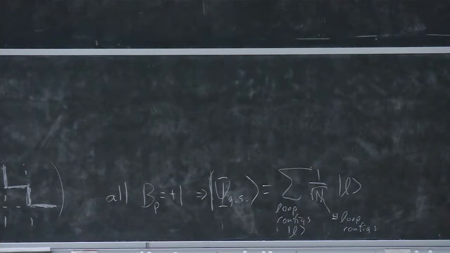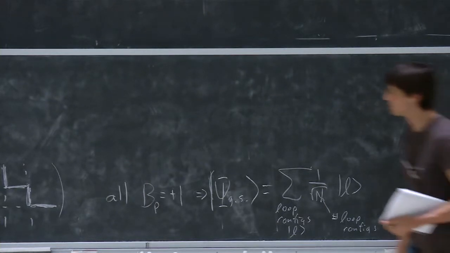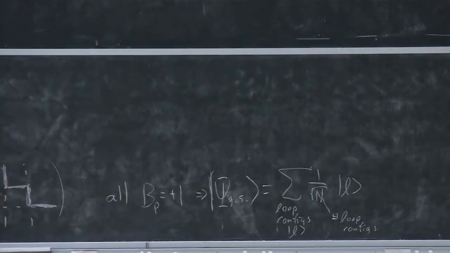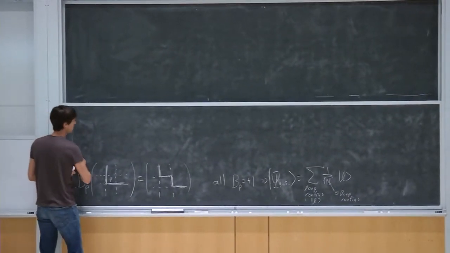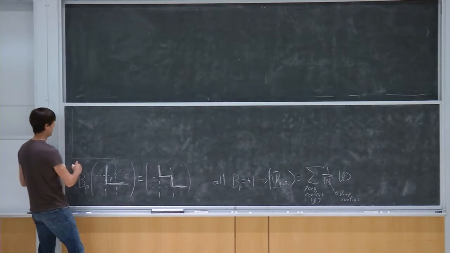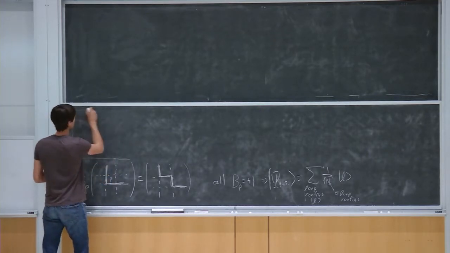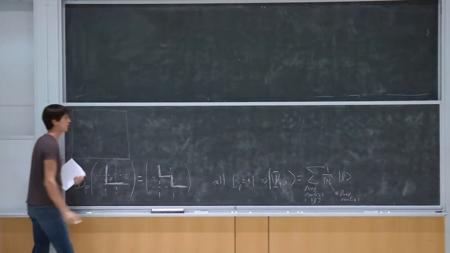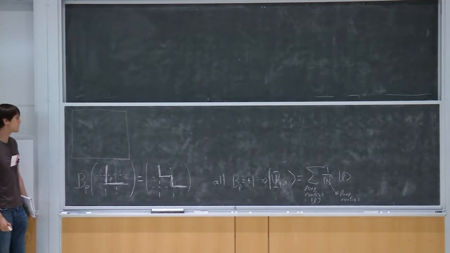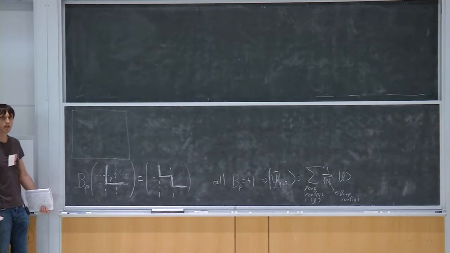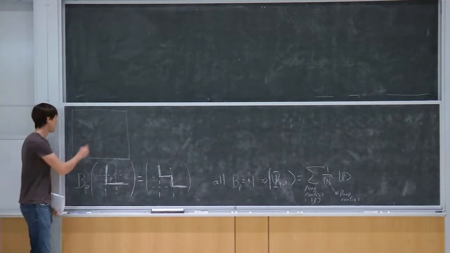So let me remind you what the criterion was. The situation was as follows. We had our two-dimensional gapped system, and what I said was that the expectation, which is borne out, is that if I modify my Hamiltonian in some local region,